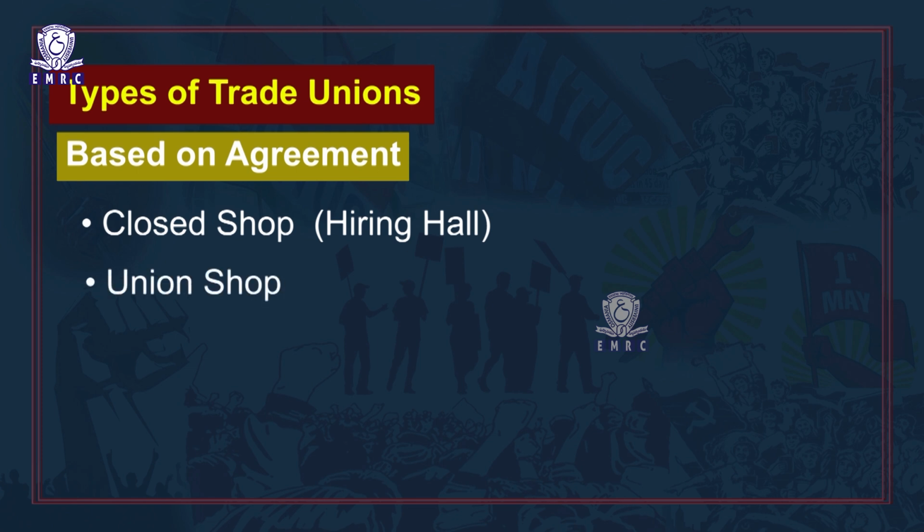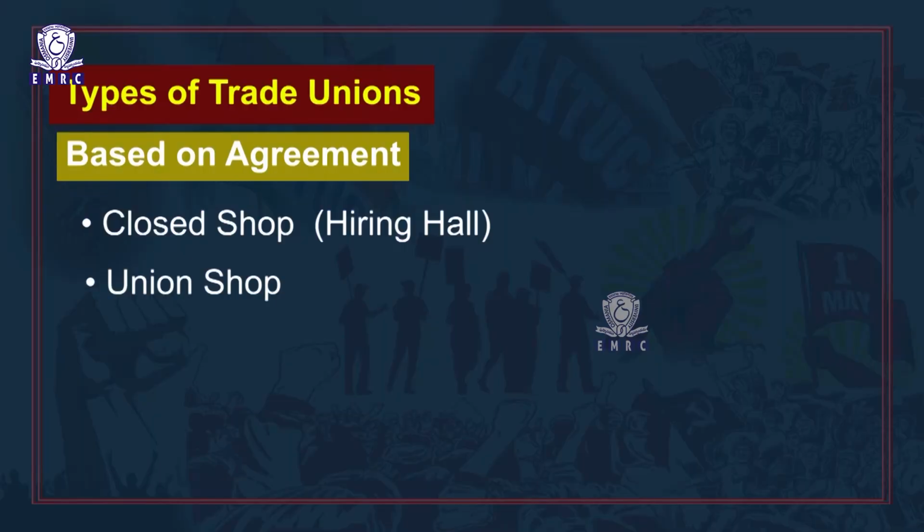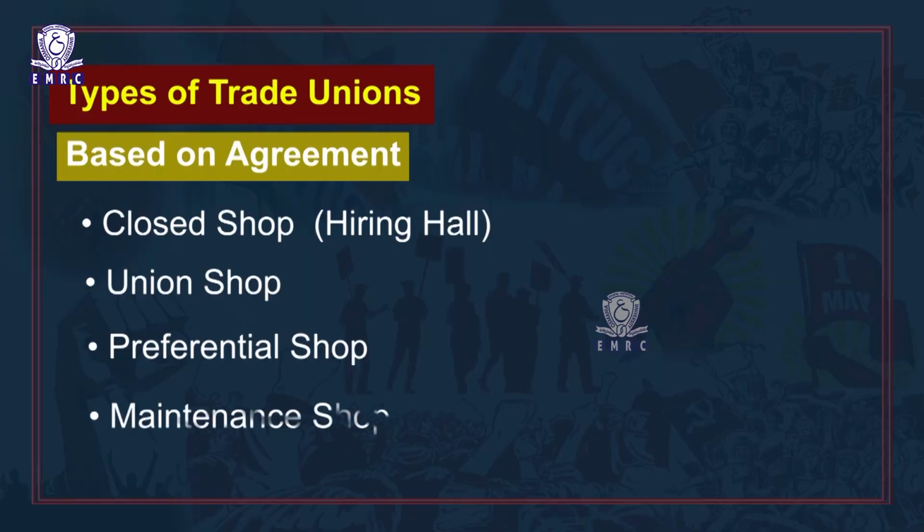Union shop, where there is an agreement that all new recruits must join the union within a fixed period after employment, is called a union shop. Preferential shop: when a union member is given preference in filling a vacancy, such an agreement is called a preferential shop. Maintenance shop: in this type of arrangement, there is no compulsory membership in the union before or after the